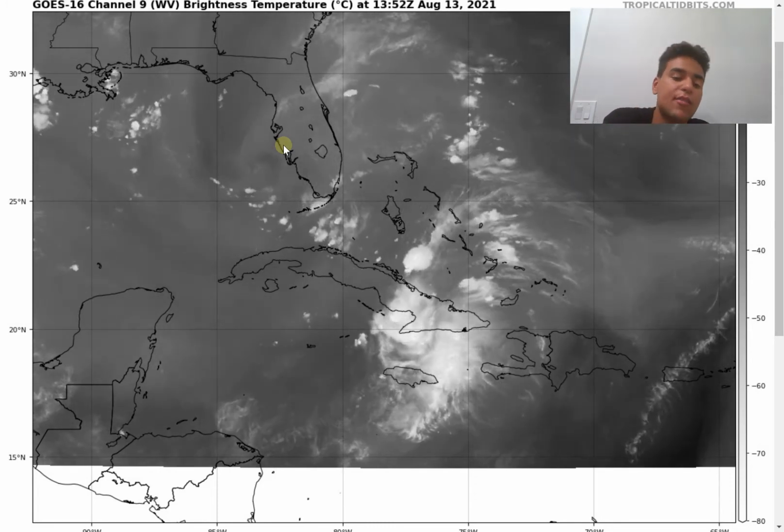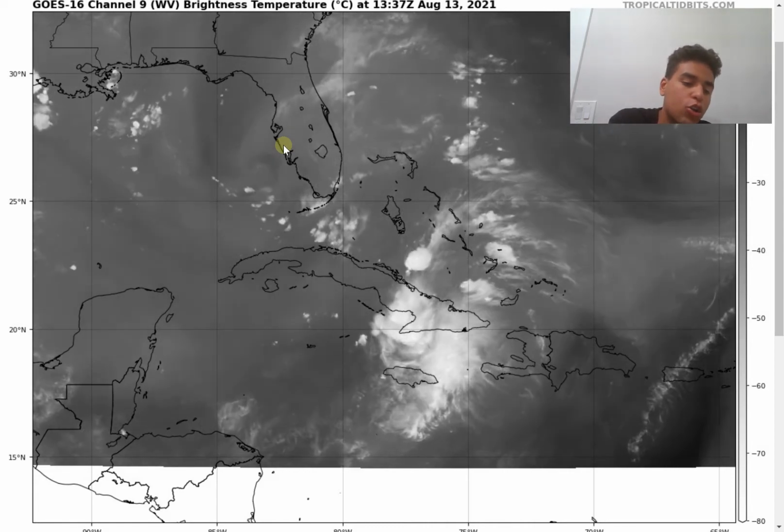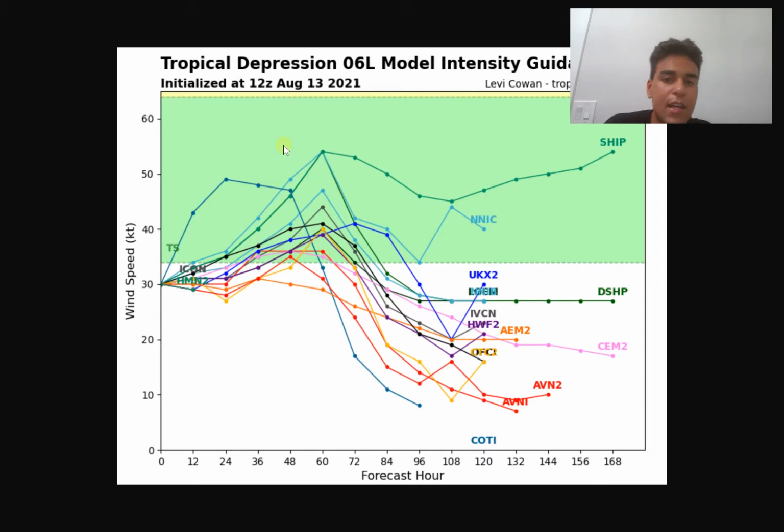However, it is expected to re-strengthen just before it makes landfall somewhere along the Gulf Coast of the United States. Taking a look at the model intensity guidance, you see that the majority of the ensemble members are forecasting this to re-strengthen into a tropical storm. Not a very strong tropical storm at this point, which is definitely good news. I'd say right around a mid-level tropical storm, but it's still at least something to be concerned about throughout Florida,